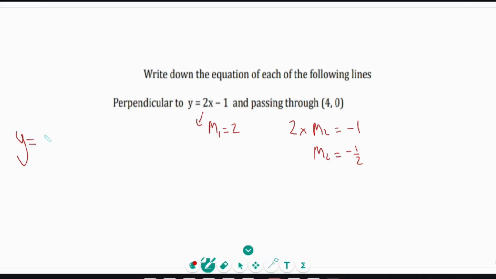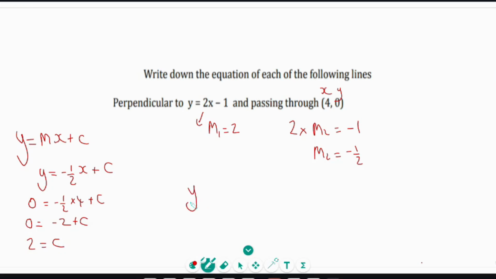We want the equation of the line, though, perpendicular, passing through the point (4, 0). So we know that m is -1/2. We also have a point on our line, x coordinate, y coordinate. -1/2 times 4 is -2. Add 2 to both sides. So our final answer is